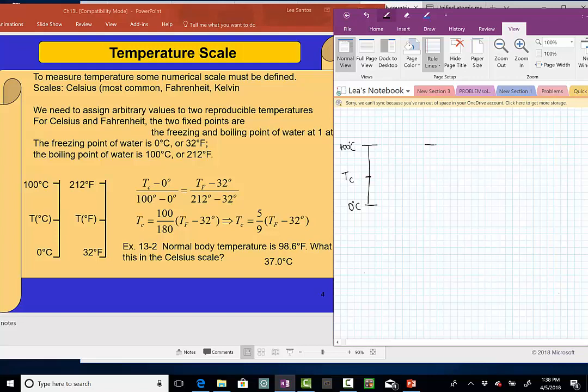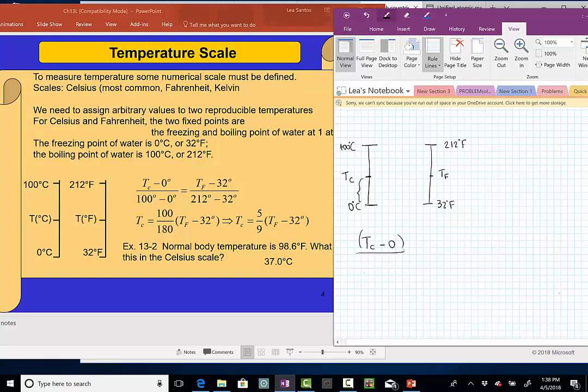Okay, now for the other scale, Fahrenheit, I'm going to put the numbers associated with all these three temperatures in Celsius that I have. So 0 Celsius, which is the temperature for water to freeze, is 32 Fahrenheit. 100 to boil in Fahrenheit is 212. And this temperature in between, I'm going to call it TF. Okay, so how can I go from one to the other? What we do is play with the ratios. So I go TC minus 0